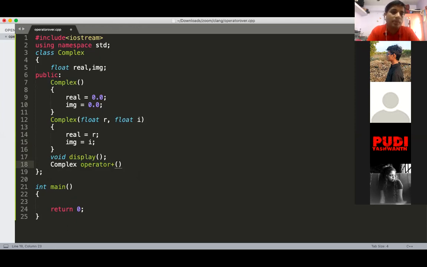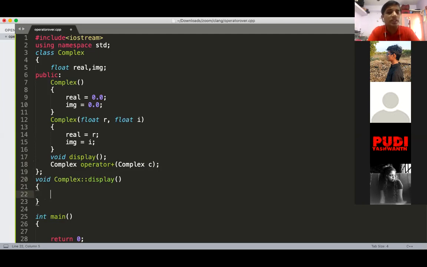The name of the function is operator plus. It takes one argument as a complex, suppose c. Okay, any other function required, we will add it afterwards. So the display function is a part of your complex, so just give the scope here.